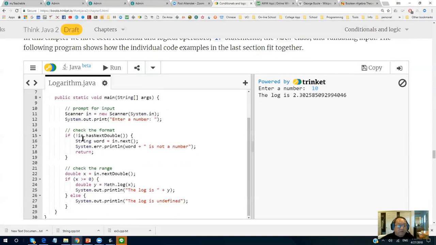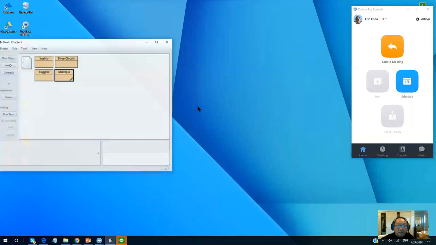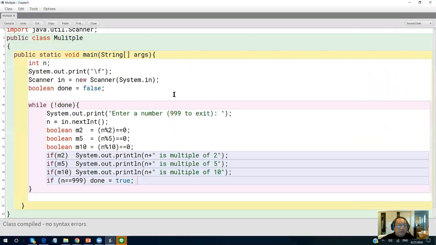So if you want to check the format, it has the hasNextDouble thing, and then you go to there. So actually let's modify our program now. Not done here, okay? Let's go back to our program.